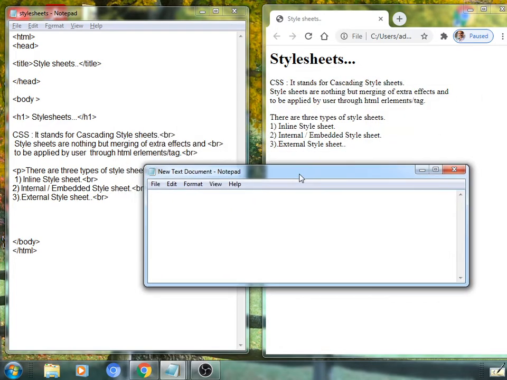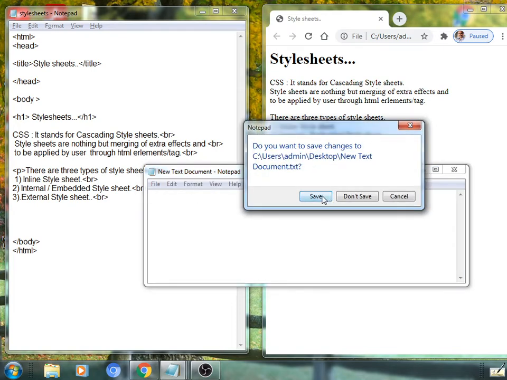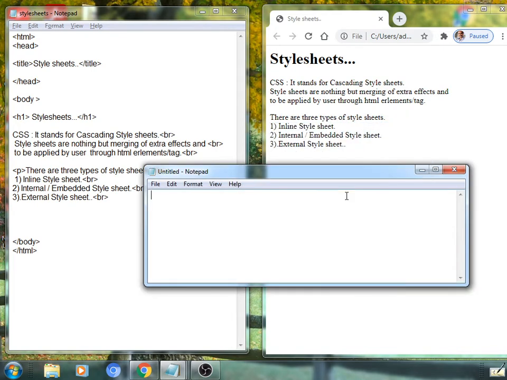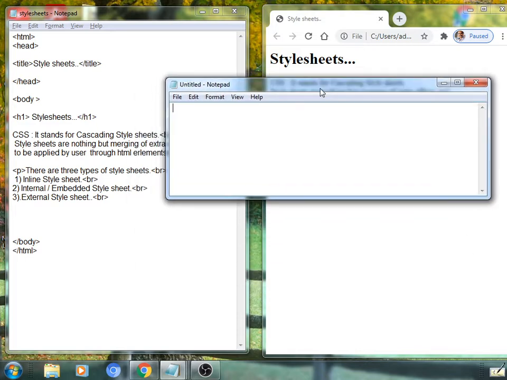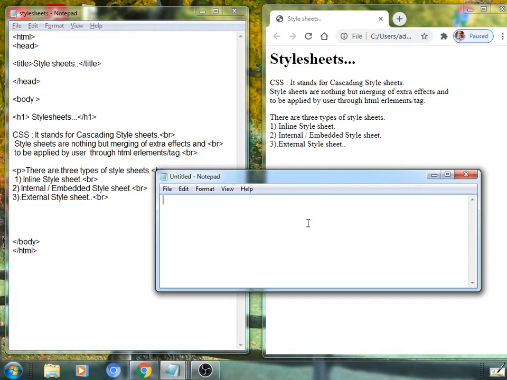It is possible by saving with a particular name and extension. Suppose I want to apply a selector, so an external style sheet consists of only the selector name and their properties as well as respective values. Okay, see here.